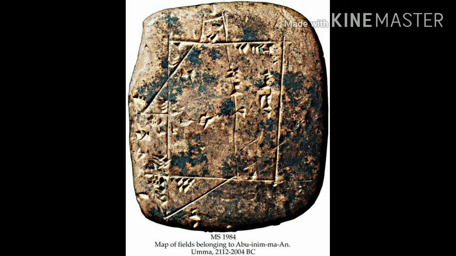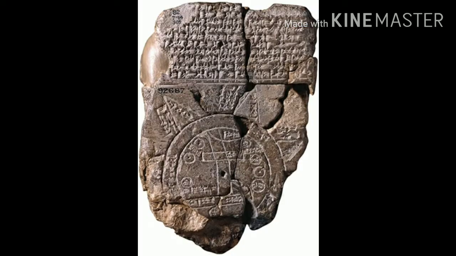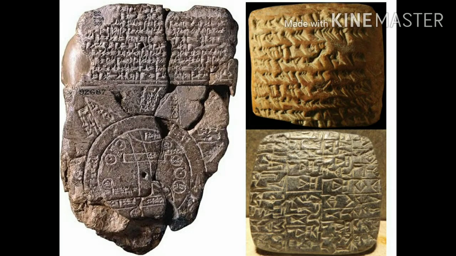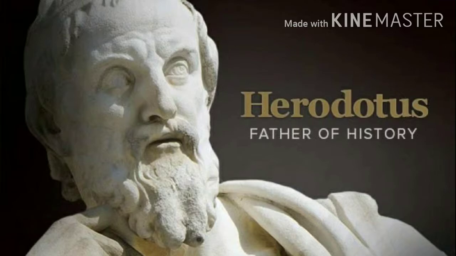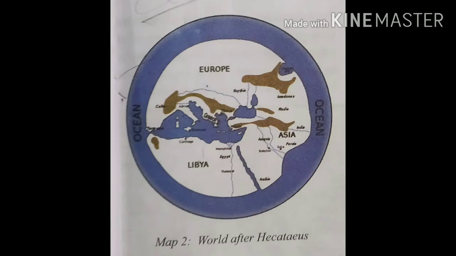The earliest people did hard work to prepare maps, mainly the Sumerians, whom we now call Iraq, and the Babylonians. These are called people of Iraq. These people showed their temples and important places on tablets made of clay. Some Greek geographers like Anaximander and Herodotus prepared maps with the help of latitudes and longitudes. They also showed their countries in the middle.